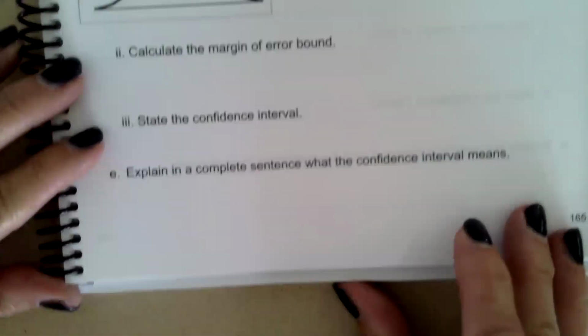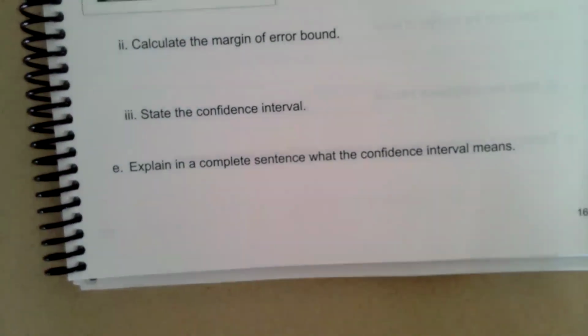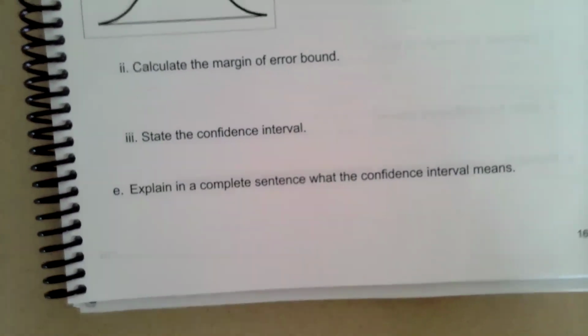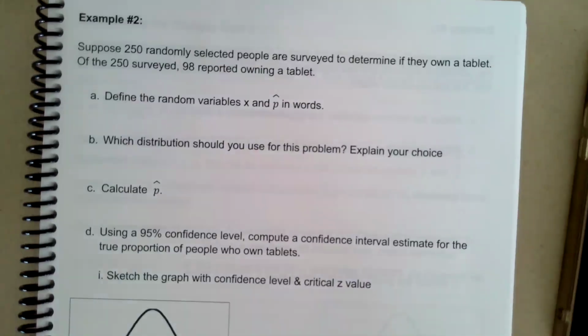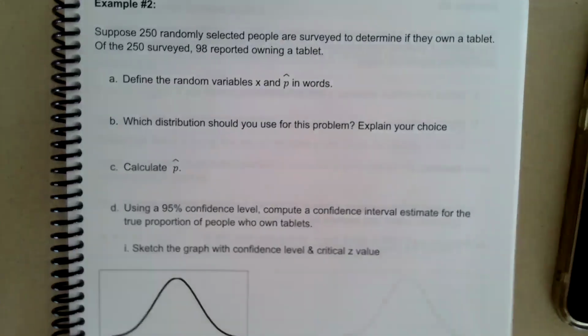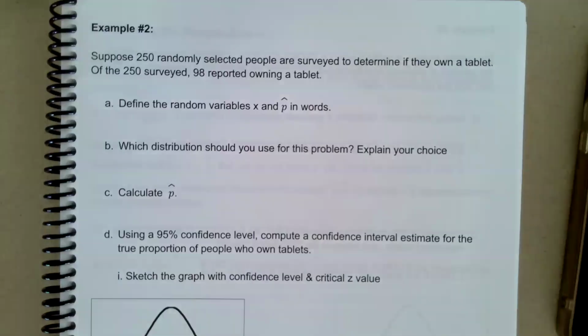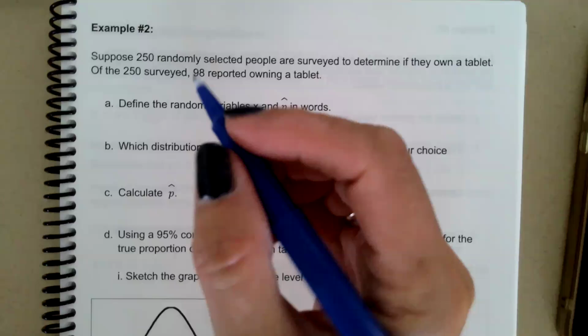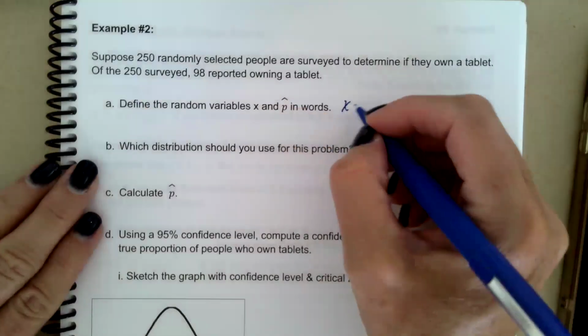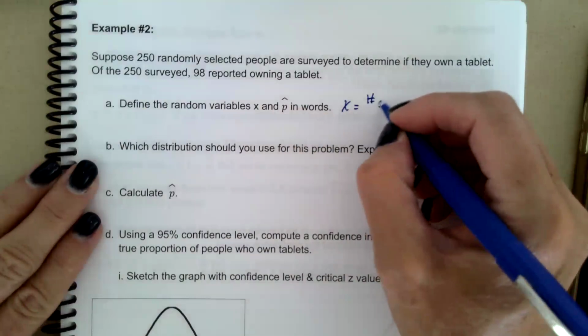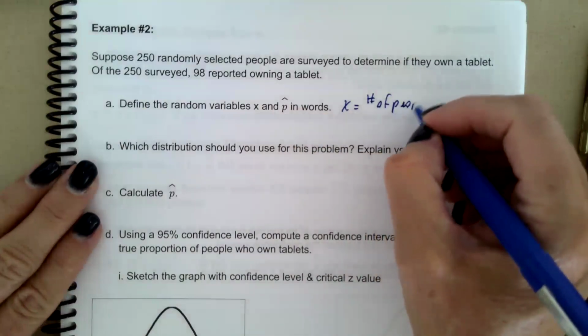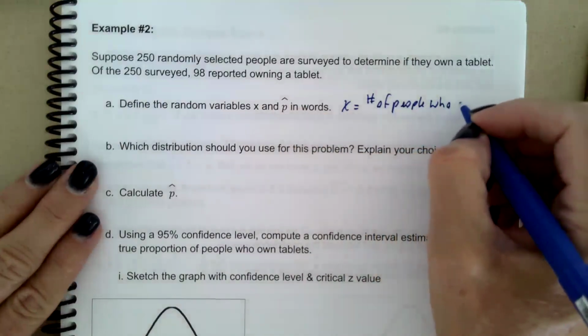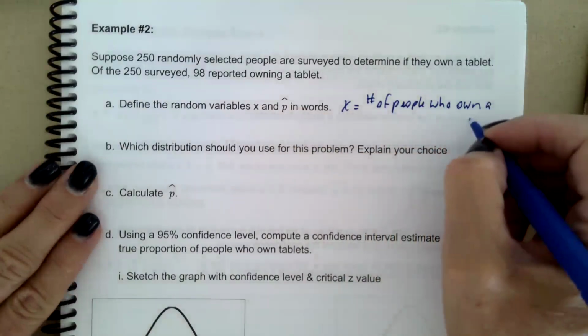So let's try one on our own. It says, suppose 250 randomly selected people are surveyed to determine if they own a tablet. Of the 250 people surveyed, 98 reported owning a tablet. So define the random variables X and p hat. So X is the number of people who own a tablet,